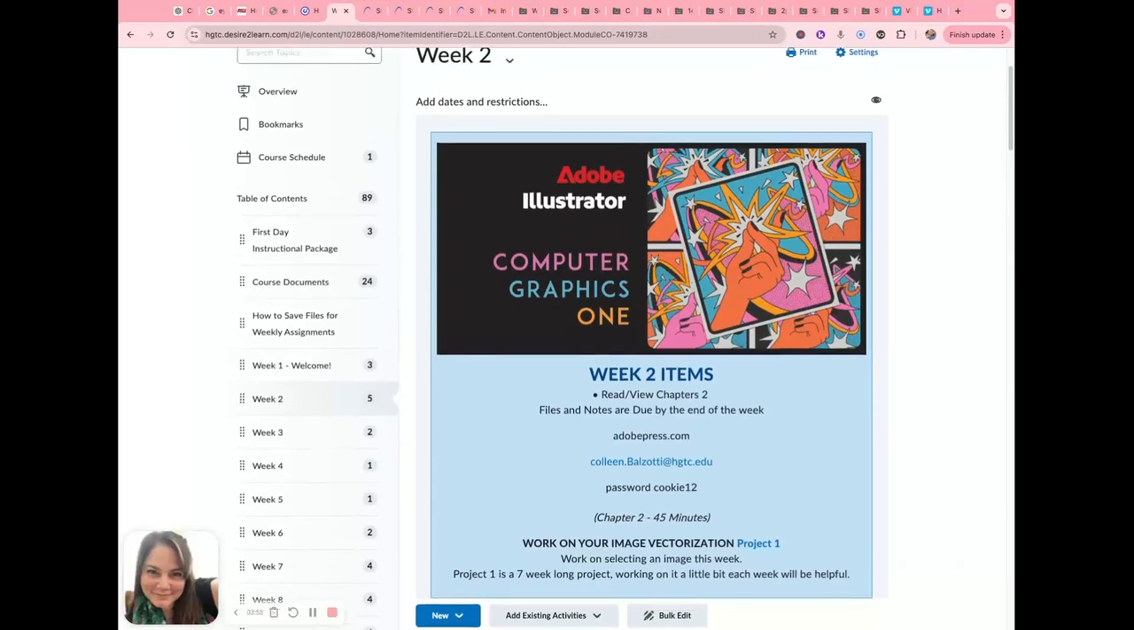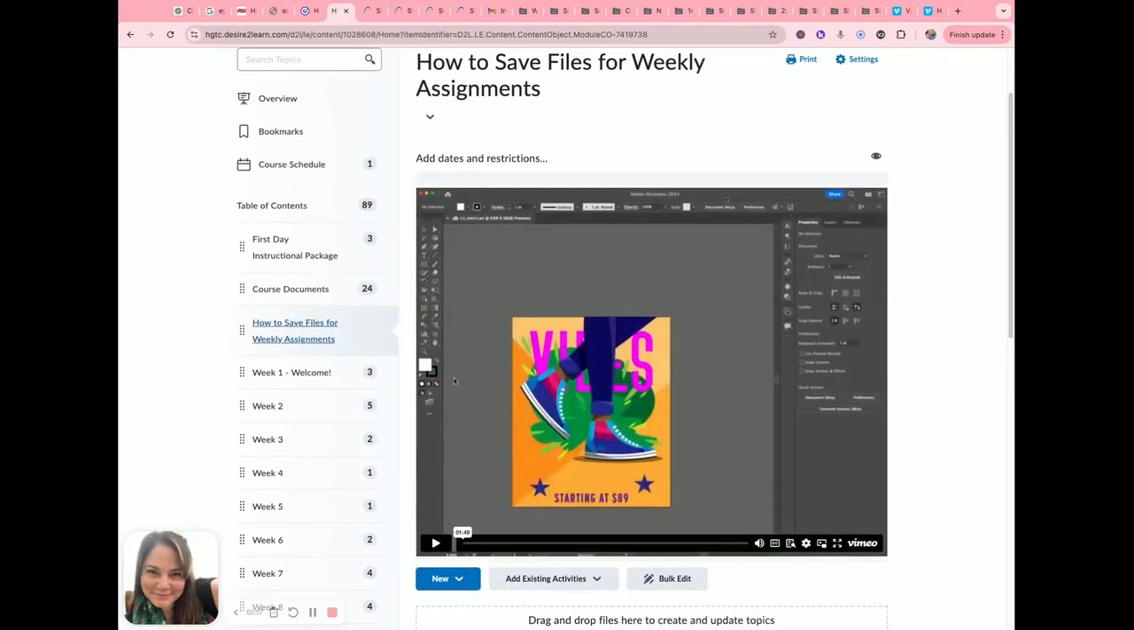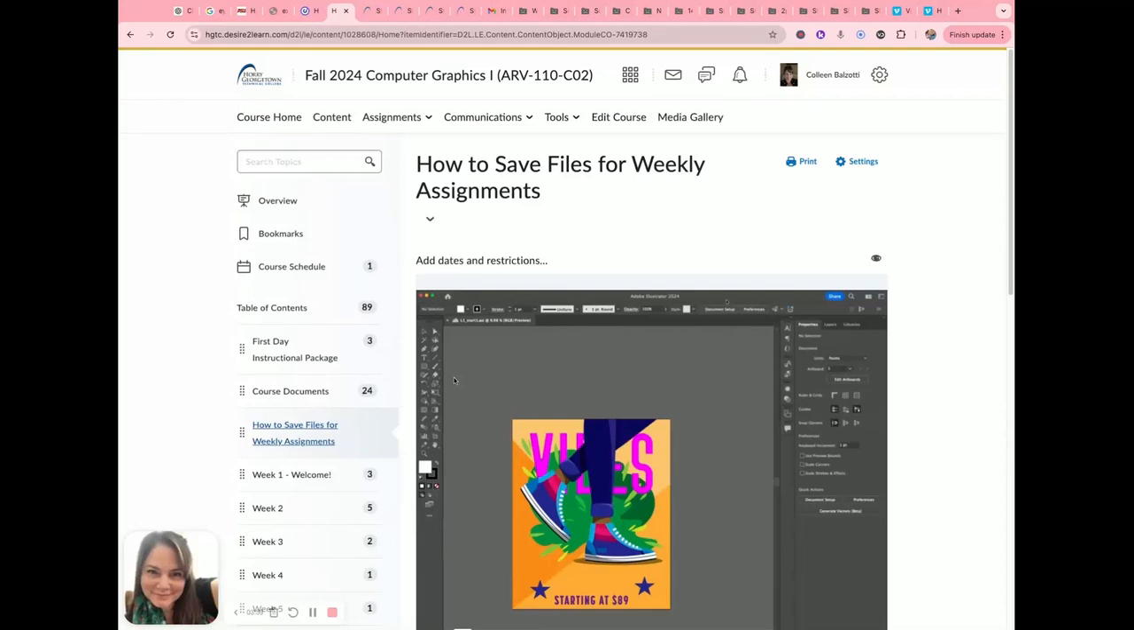A couple other things that you might want to see. I noticed one of the few things I think I left off was how to save the files for submission. So I went and made a quick video on how to submit the files. So if you get confused, there's a module right above week 1 for how to save files to the weekly assignments. When you come to, if you're done with contents and you want to come over to assignments, that's where you're going to see